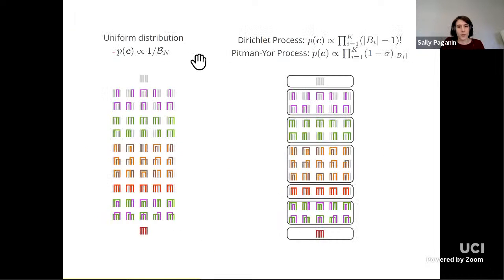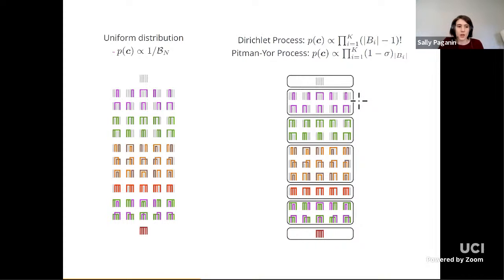So what we have so far is that for our prior on this set partition space, we can either put a uniform distribution, so each of the elements in the set partition space has the very same probability, or we can use a Dirichlet process or Pitman-Yor process, and this will give the very same prior probability to partitions that have the same configuration. So all the partitions that have, for example, a group of 2 elements and 3 singletons, they have the same